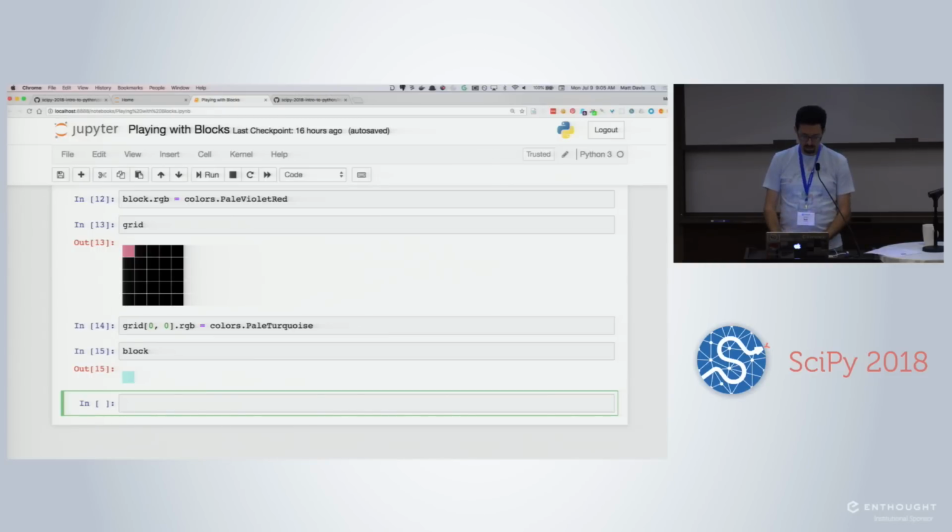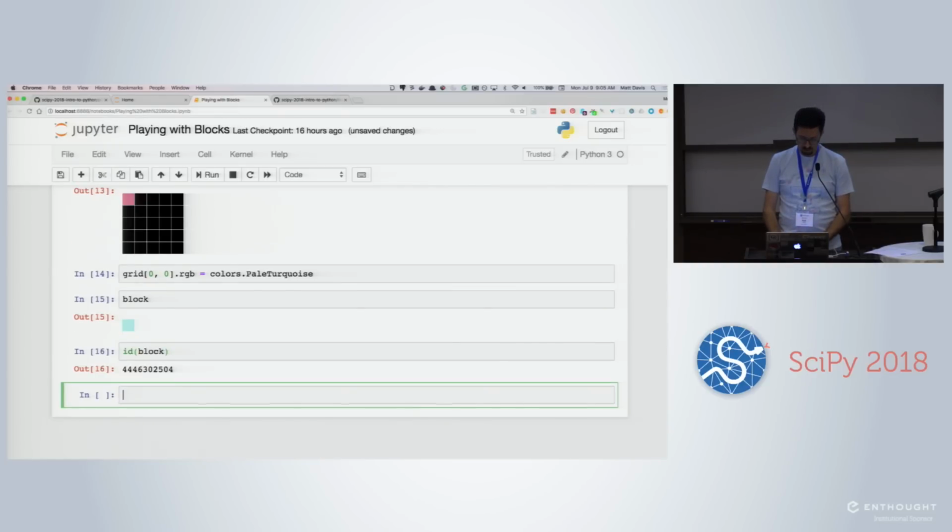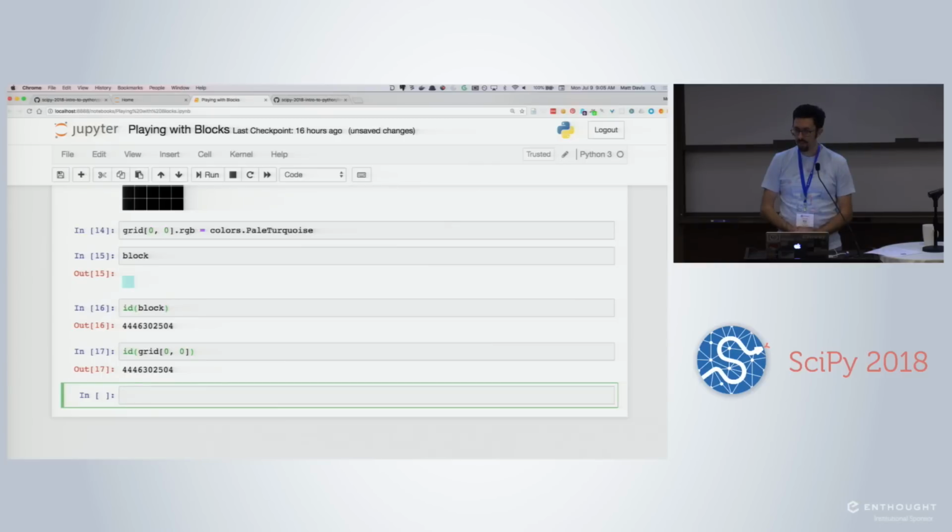Trying to think of a good way to illustrate that. So what you're really doing is, when you create a variable, you're not making a copy or creating a new variable. You're simply aliasing an existing object. Variable names are kind of pointers to a thing in memory. So Python has